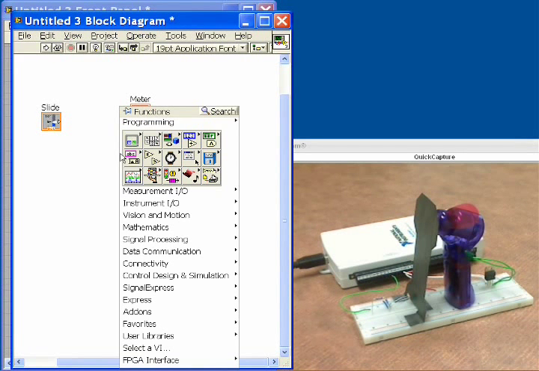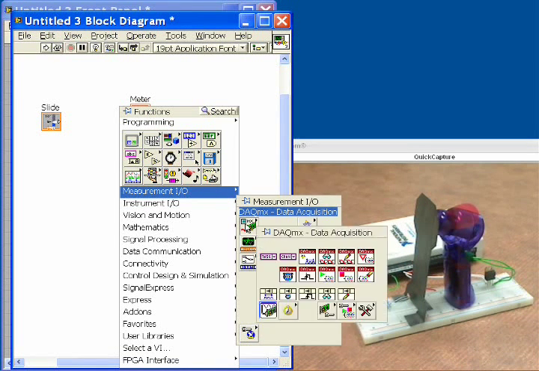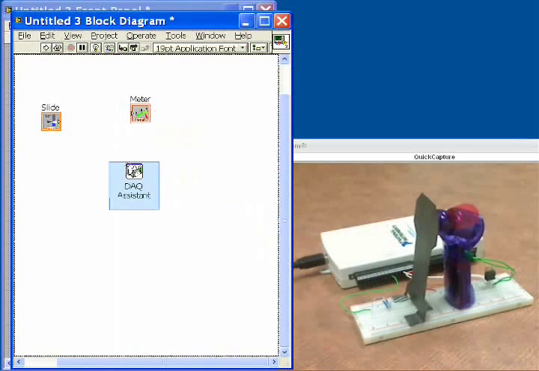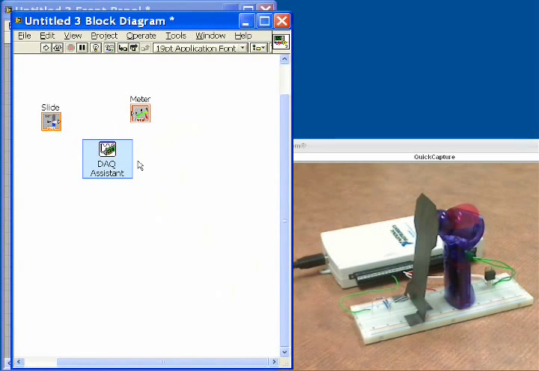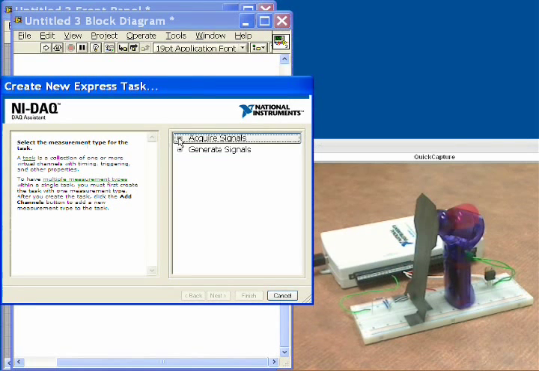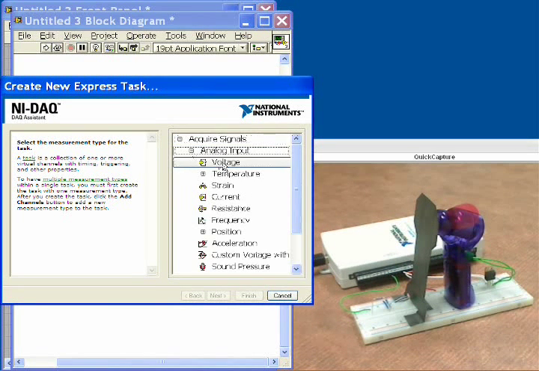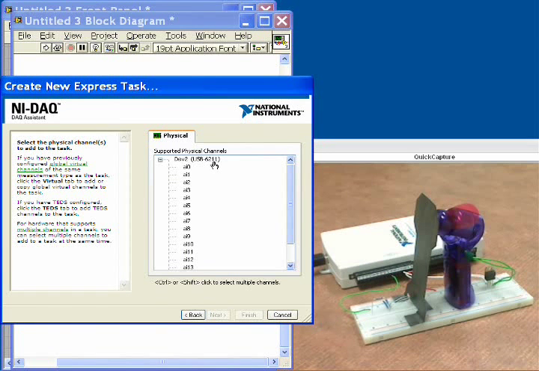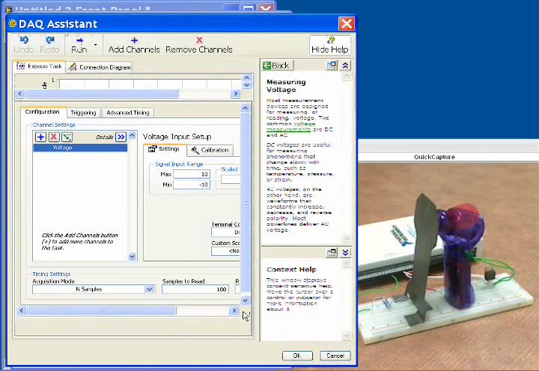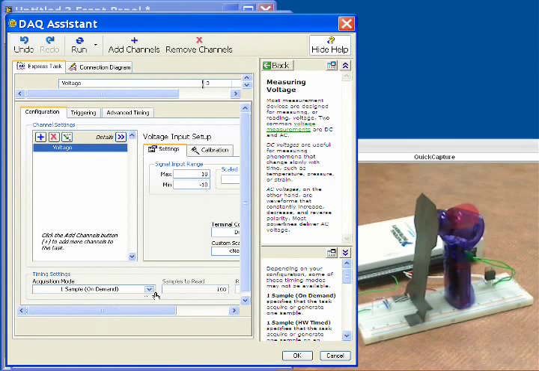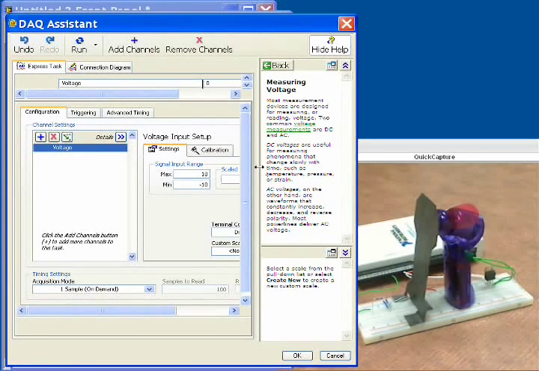We'll click the right mouse button, and we're going to put a DAQ assistant down here, and we're going to set this up for analog input. So the DAQ assistant will ask us some questions. Let's acquire signals, analog input, voltage, and we'll bring it in on analog input channel 0. The next thing that we'll do is tell it to acquire one sample on demand, and we can actually go and run this now,